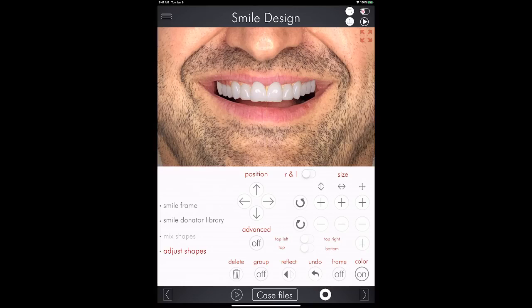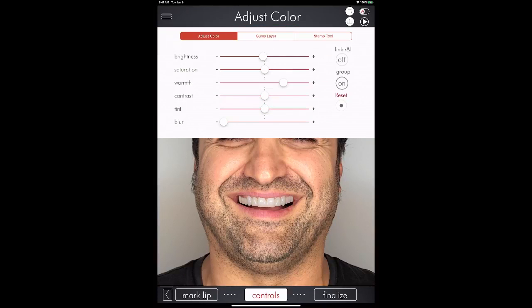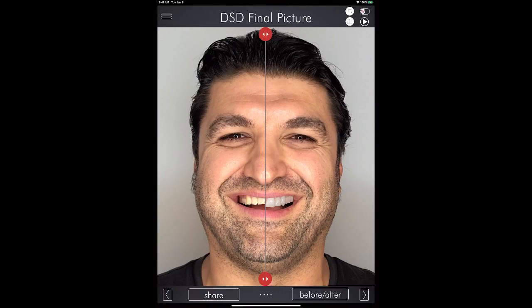I think that's fine. And let's compare another version of the smile, right? It doesn't have to be... it's different, right? It's a different smile design, it's a different shape, it's a different way to show the patient